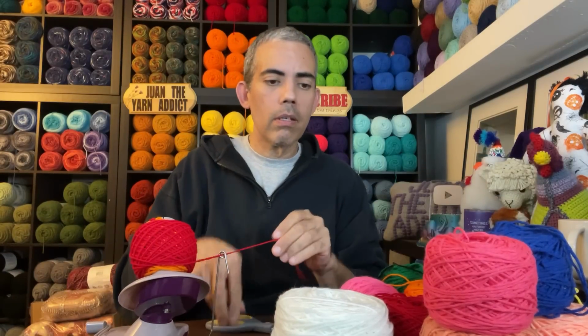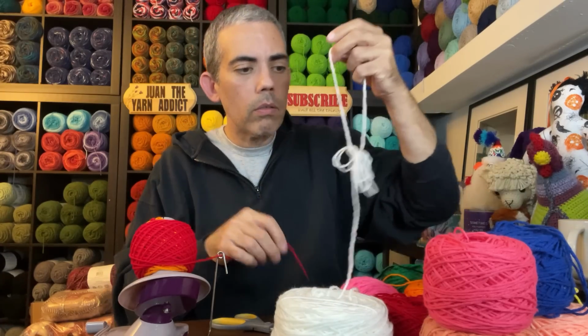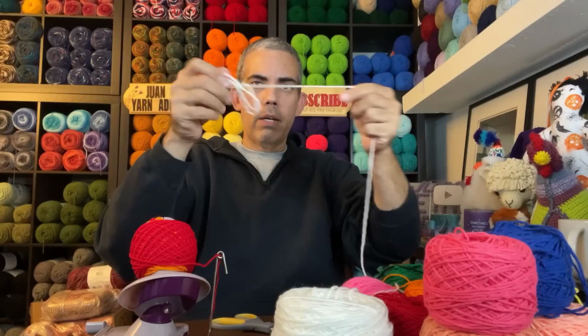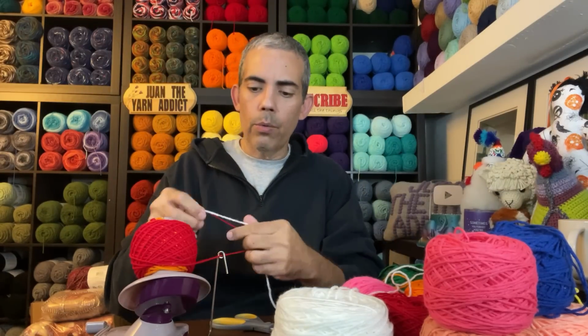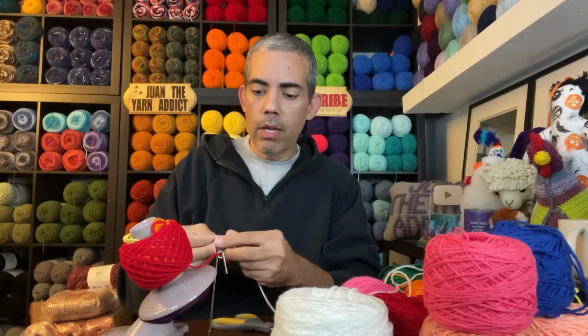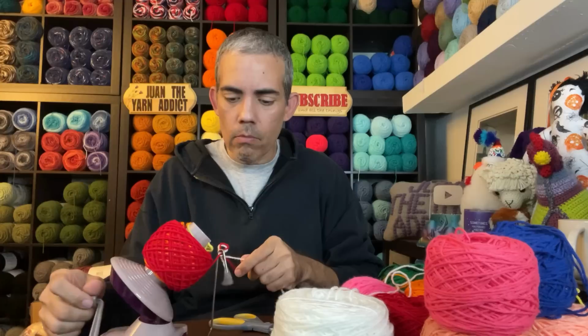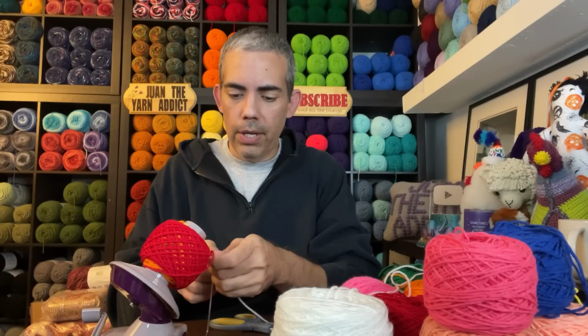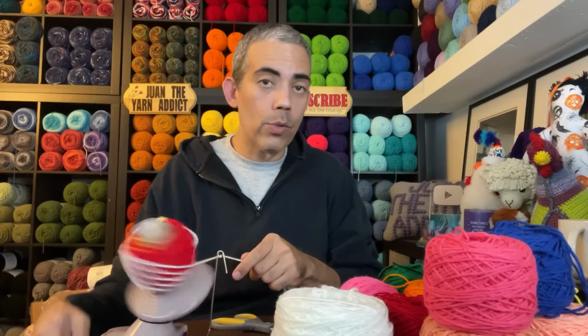All right. Let's switch over to the white now. All right, let's figure the things out. Okay. Good, good, good. So, in terms of scrap cakes and things, I have of my own stash barrels, like laundry bins, but barrels size-wise of scrap balls and things that I need to go through, and I think this is an excellent way to use up that yarn,